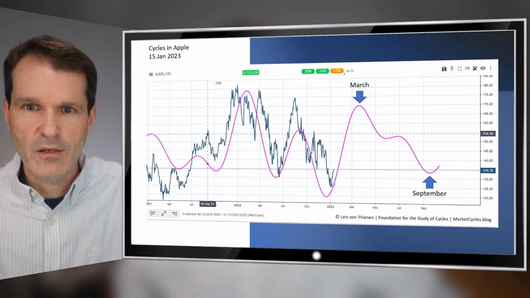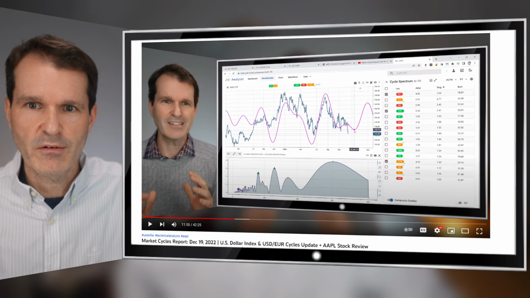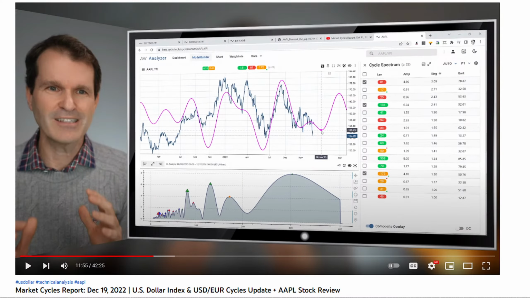So we saw the drop here into the end of the year, right? And I think Apple made even a new low for the year. So it really took out the former low here and really made the major low at the end of the year. But not only that, this updated projection here in December showed us also, and it was the whole time,